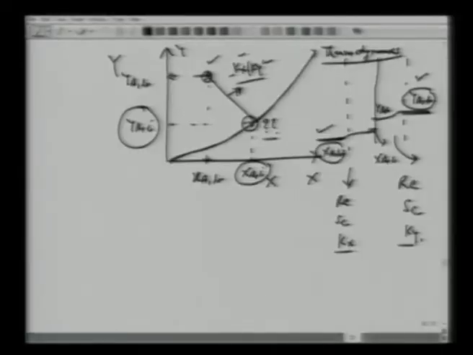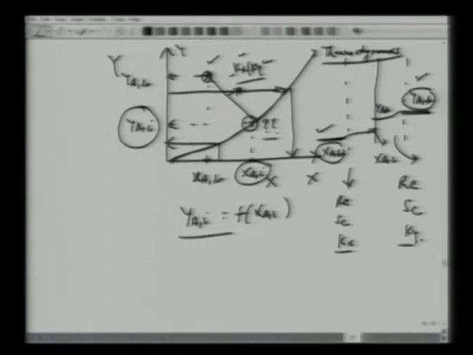One thing, of course, goes by thermodynamics. It says that for a given XAI, YAI is fixed. If I change XAI here under equilibrium, the interface concentration will be so much. If my interface concentration in the gas phase is so much, then in the water phase it will be so much. So we know the relation between YAI and XAI. But absolute values in a running, operating system are not possible to obtain, which means we have to think of some other ways in which we can calculate this flux.